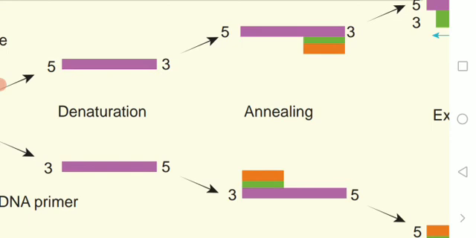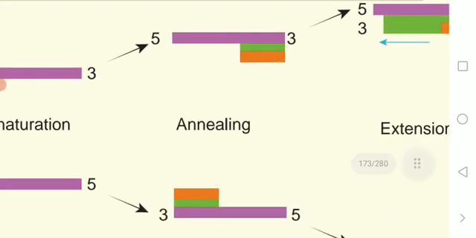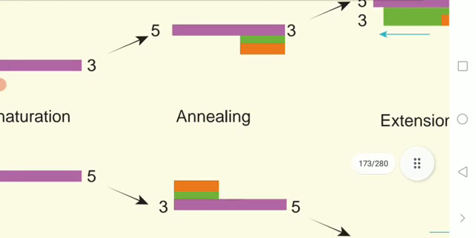Each strand is allowed to hybridize with the primer. That's the renaturation, or primer annealing. The primer template is used to synthesize DNA by using Taq DNA polymerase. Taq means what? Thermus aquaticus. With the help of Thermus aquaticus polymerase, which can tolerate high temperature. During denaturation, the reaction mixture is heated.